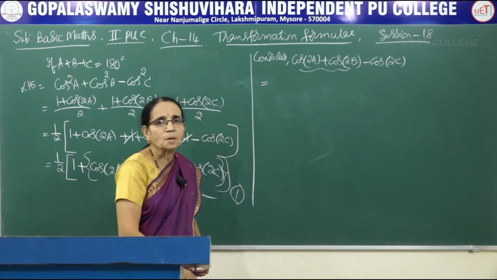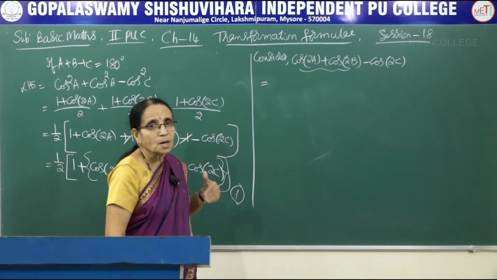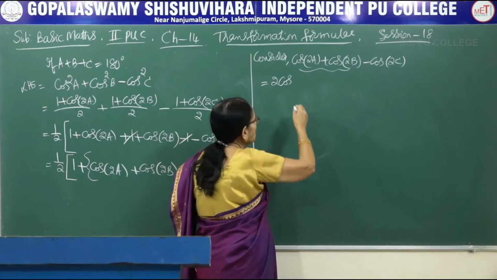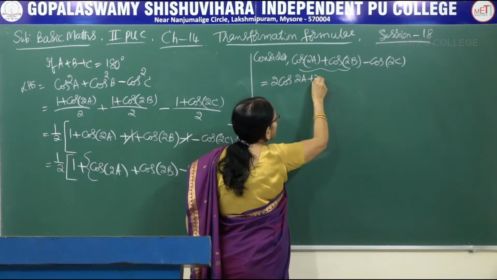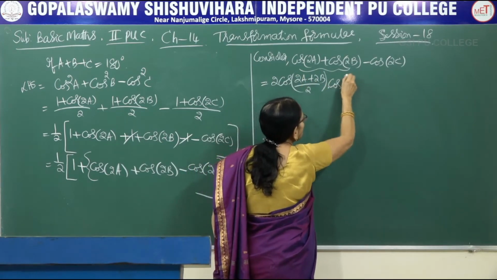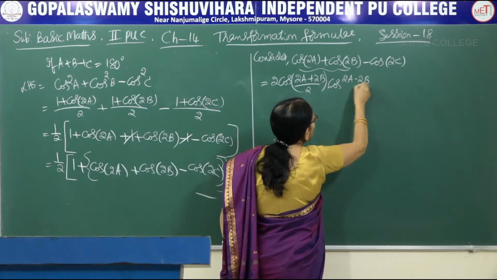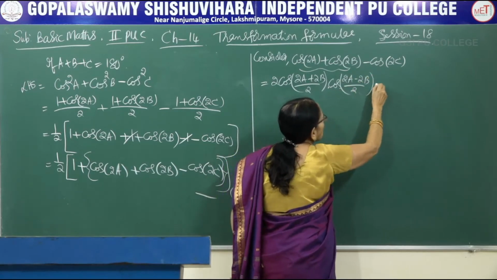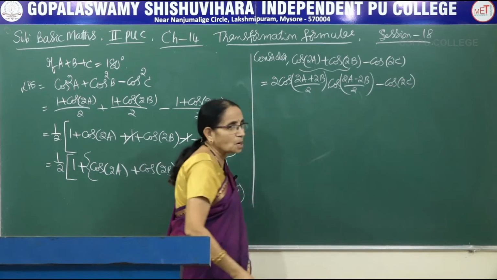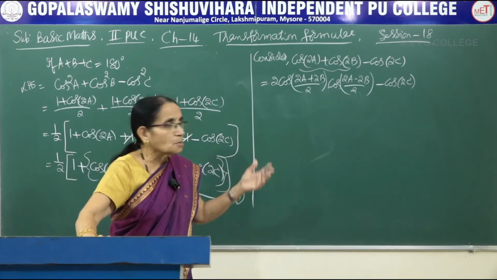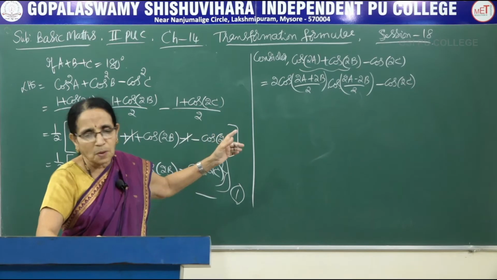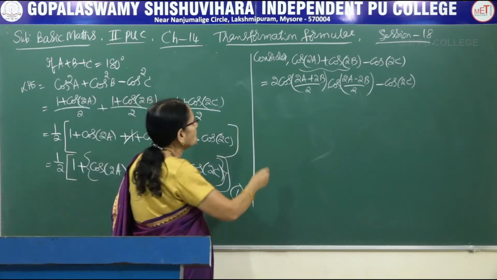Which formula does it resemble? Cos A plus cos B. So what's the formula? When you express that in the form of a product, 2 cos of (2A plus 2B) by 2 into cos of (2A minus 2B) divided by 2. Now write this cos of 2C as it is in this step. In the coming step, we will write the multiple angle formula, whichever is applicable, whichever suits this particular thing here. Now let me simplify.